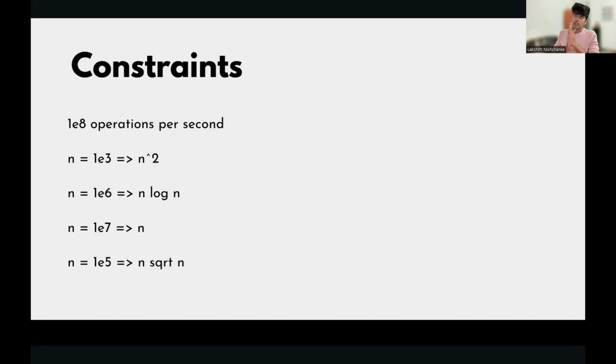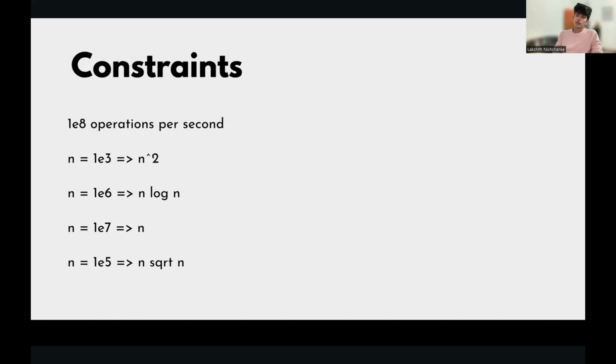We are only concerned about an approximate figure. On average, it's safe to assume that a normal computer can run 10 to the power 8 operations in a second. That's the baseline we are going for, and we are going to do all our calculations around that, just to get an idea.